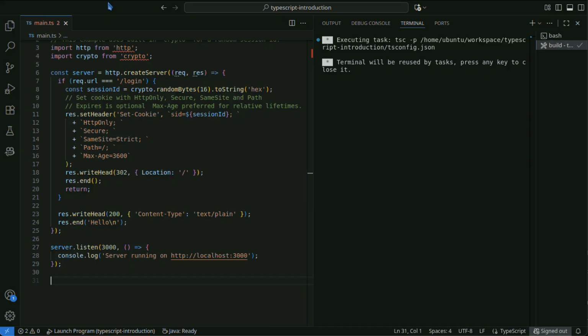When you set the HttpOnly attribute on the server side, the cookie becomes inaccessible from JavaScript, making it harder for XSS, cross-site scripting, attacks to steal it.